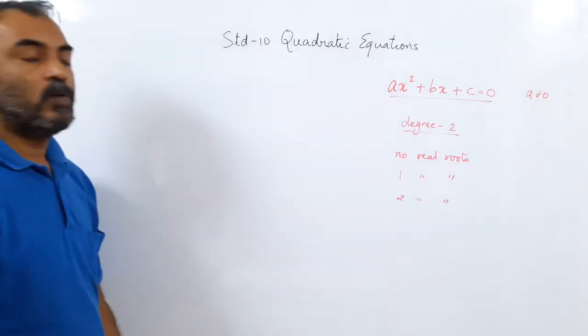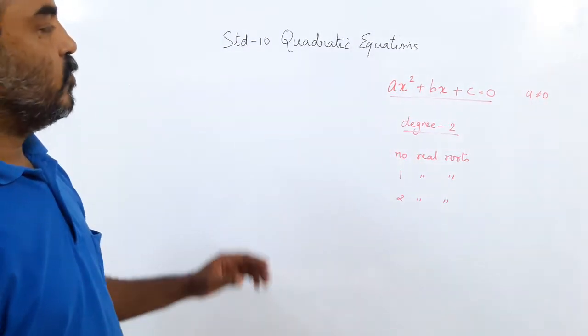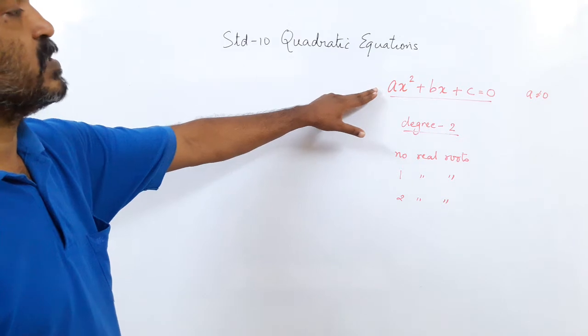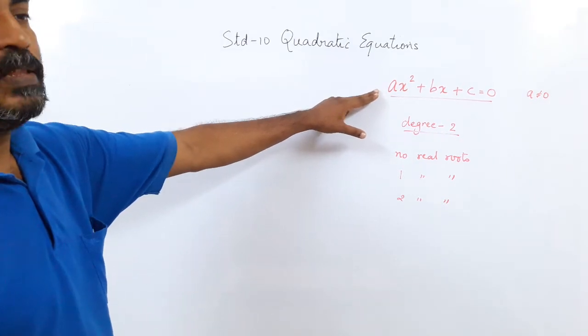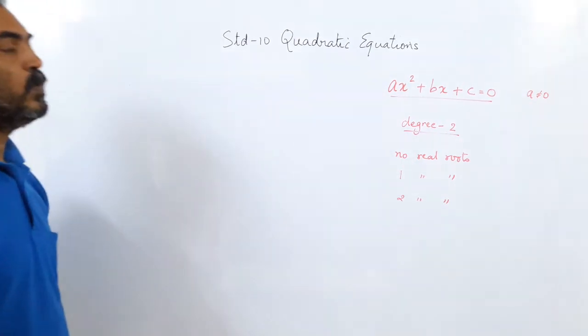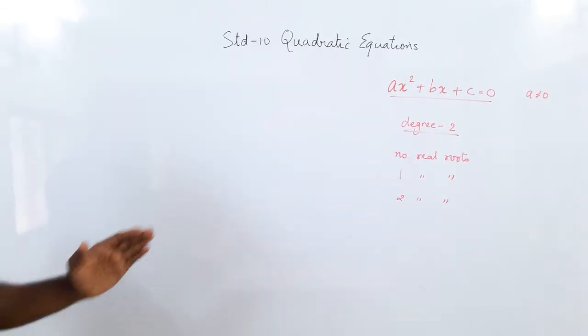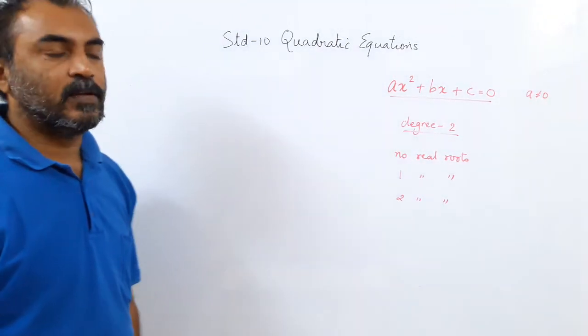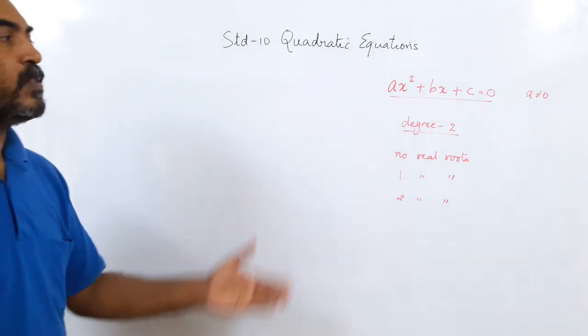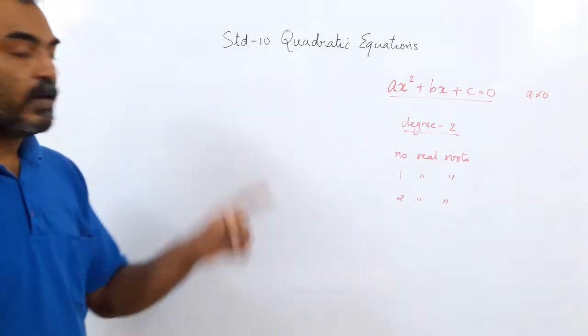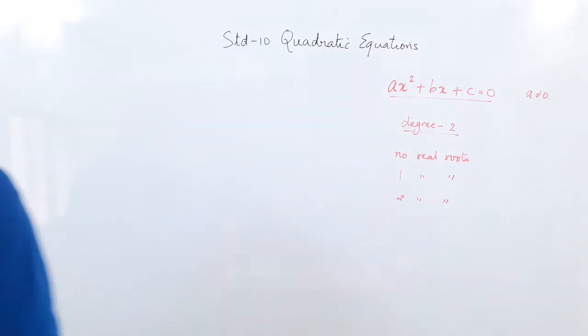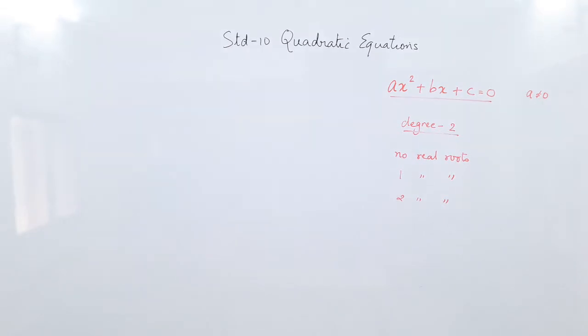Now in this chapter, what are we going to do? We know how to find the roots of the quadratic equation, the alpha and the beta, by splitting the middle term. But we will see not all quadratic equations can be solved by that method. So we are going to learn new methods now to solve such quadratic equations. But first of all, we need to identify quadratic equations. So I have written a few equations on the board.